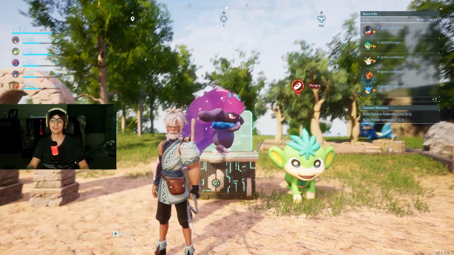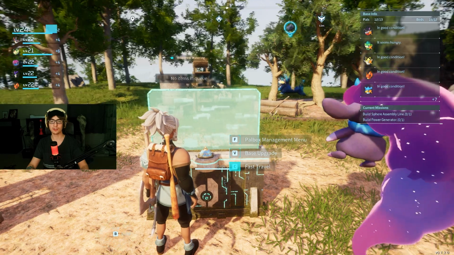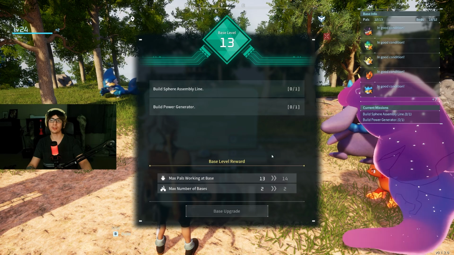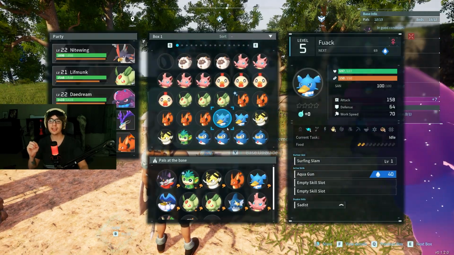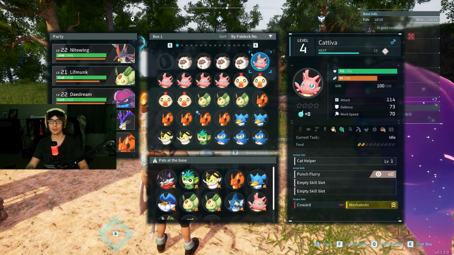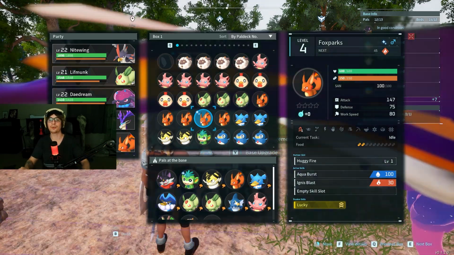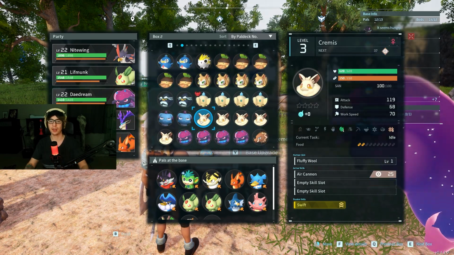Okay, so for this next section, I want to talk about Palbox Management. Your Palbox is your fast travel station, your base upgrading, pretty much what your next quest in the game is, current mission. But the Palbox Management menu is huge. You can sort your pals, so I always like to sort them by pal deck number, like 1, 2, 3, 4, so it just makes it a lot easier. Plus you collect so many that you'll have to do this, okay? So make sure to